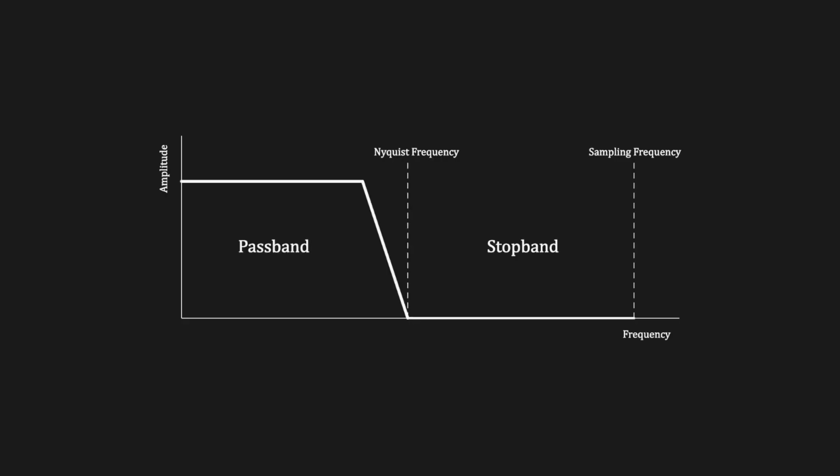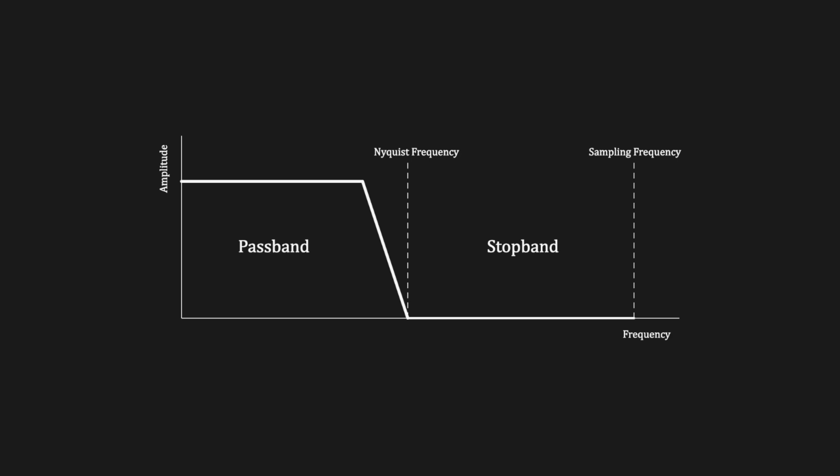The design principles for output filters are similar to input filters. They must have a flat passband, strong attenuation in the stop band, and a steep cutoff slope, while minimizing audible phase distortion. However, the output filter must also handle the sharp transitions of the stepped signal. If its transient response is too slow, distortion or unwanted side effects may occur. Another consideration is that digital circuits can generate high-frequency noise in the megahertz range, which some filters may not fully